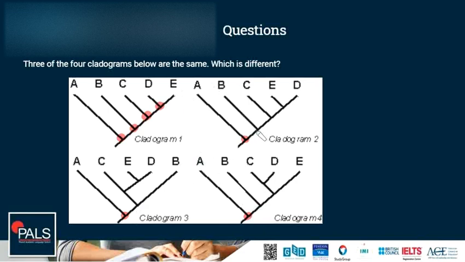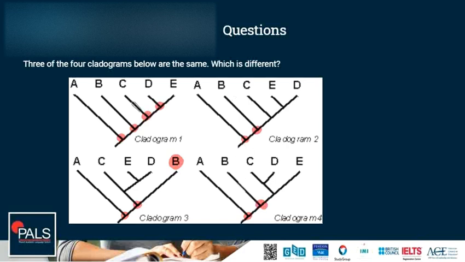Now, second node is B. That is correct. B is connected to C, D, and E. That's so far fine. Here, our second node is B as well. Again, we can swap. It doesn't really matter. So that's still fine. And here our second node is B as well. That is still fine.